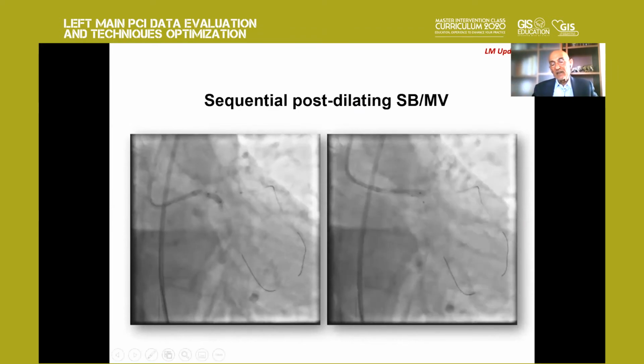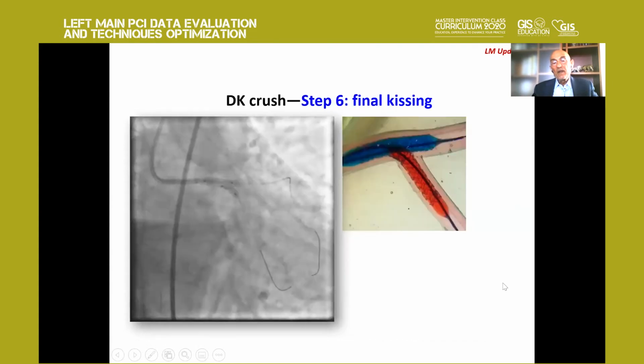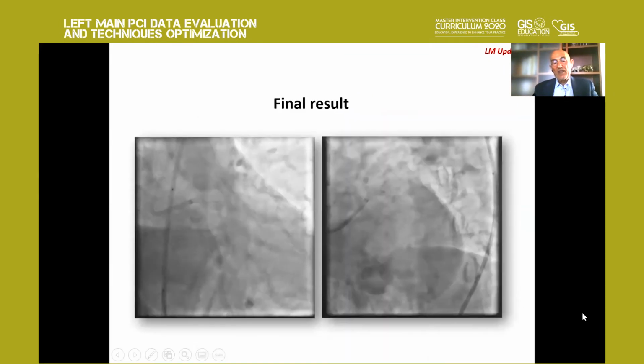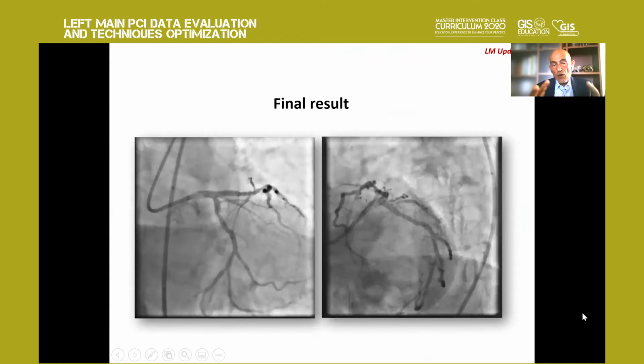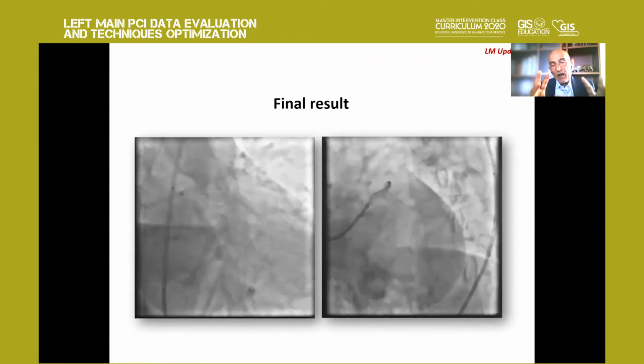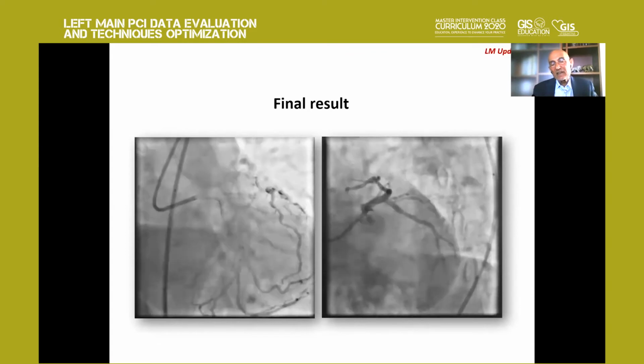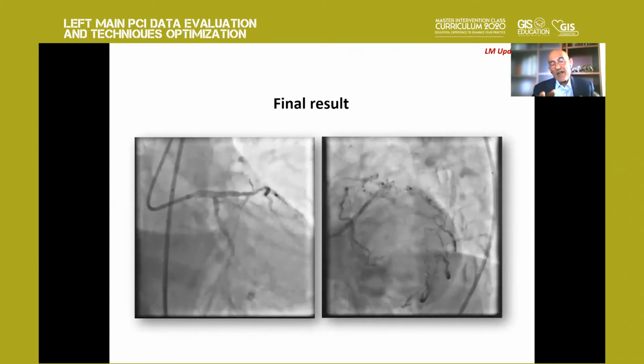And after this, the second kissing and the final 7th step, final result, will be like this, an optimal final result. Of course, this kind of crush will avoid having 3 layers of struts in front of the side branch